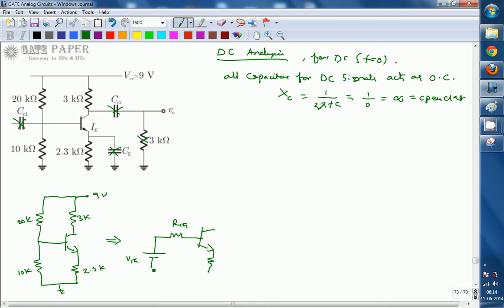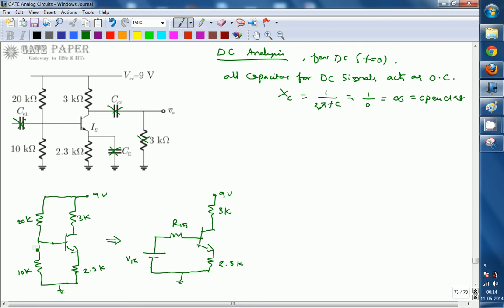All other elements are going to be unchanged. That is, this RE, which is 2.3 kilo ohms, is unchanged, and RC is also unchanged, which is connected with 9 volts and is 3 kilo ohms. So simply this 20K, 10K voltage divider is going to be replaced using a Thevenin circuit, so at the base you are replacing the entire circuit with a Thevenin's